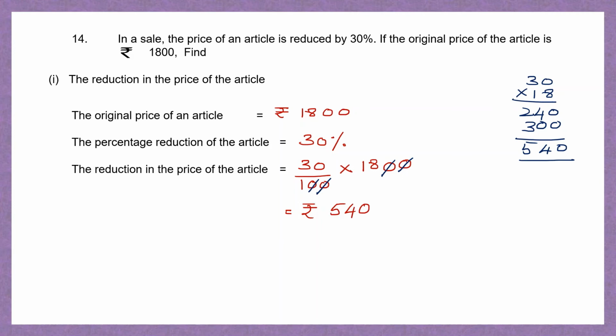So we have found the answer to the first part, that is the price of the article reduced by 540 rupees. Now the second part is the reduced price of the article, which we need to find, and that is the original price minus the reduction in price. So the original price is 1800 rupees and the reduction in price, as we just found out, is 540 rupees. So let's subtract these two, 1800 minus